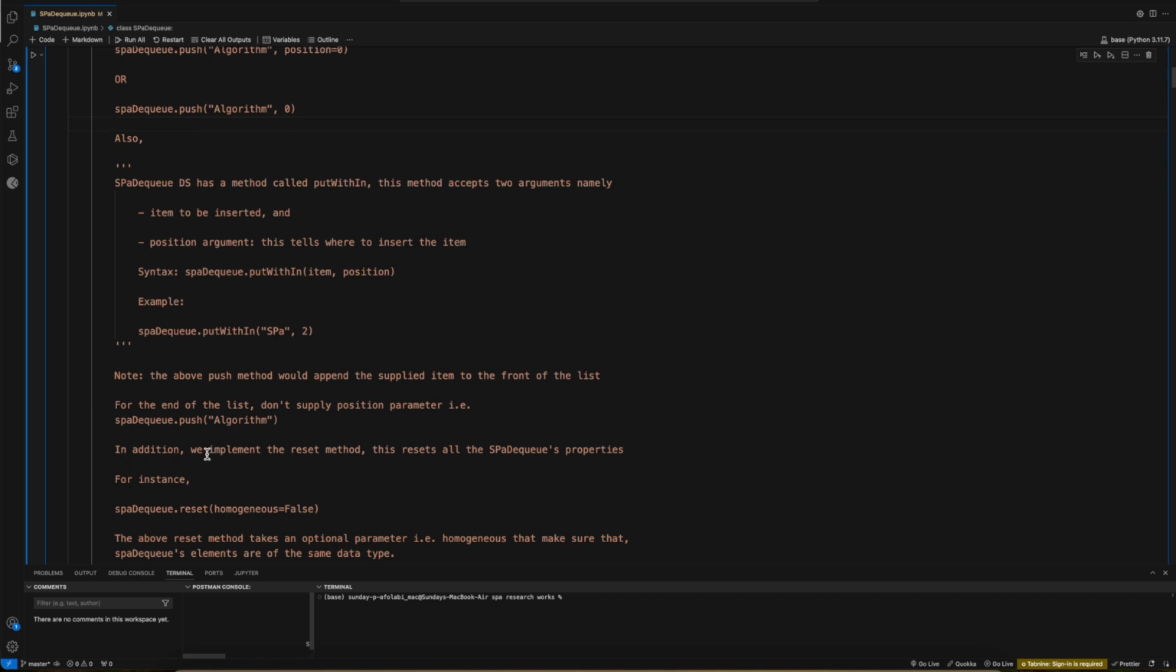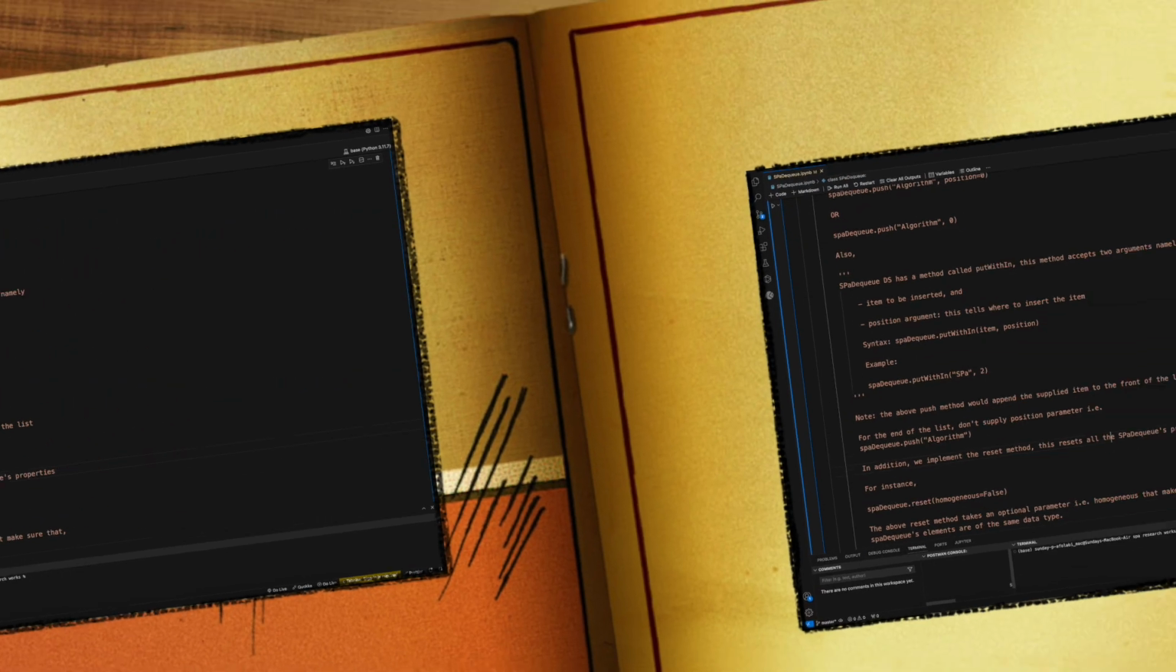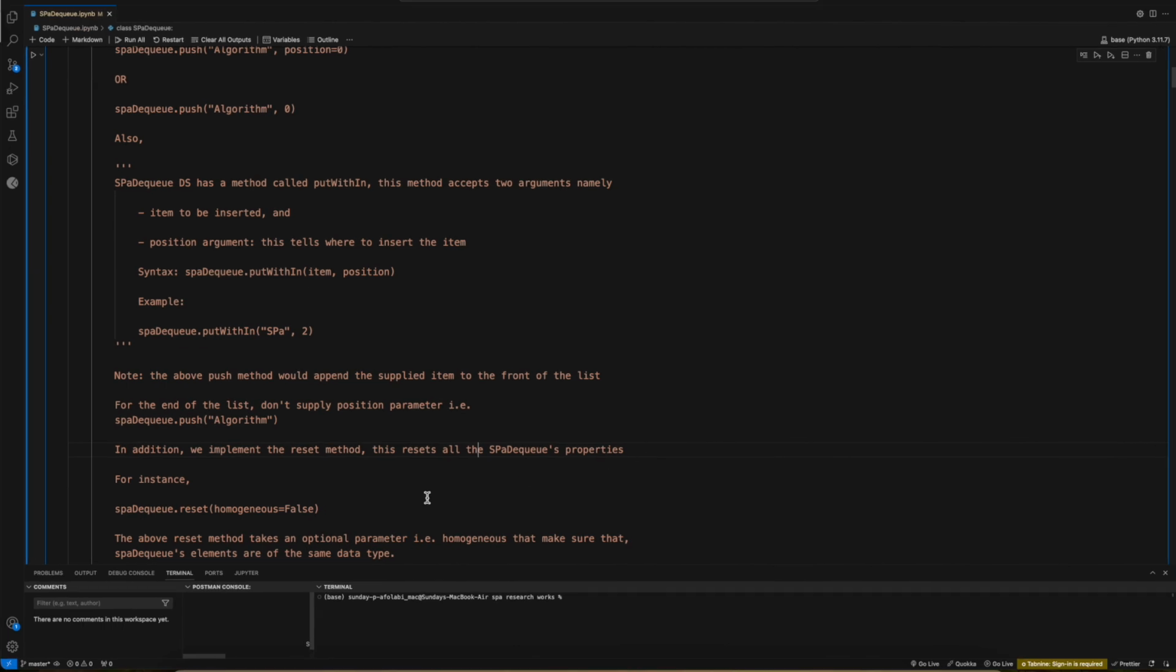In addition, we implement the reset method. This resets all the SPaICTHub properties. For instance,